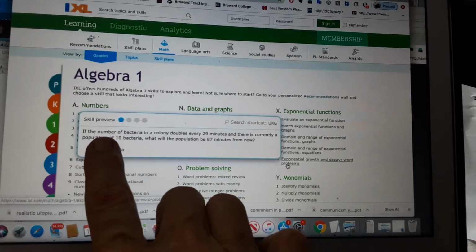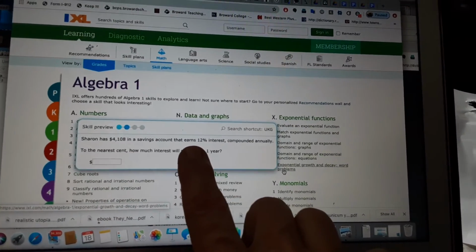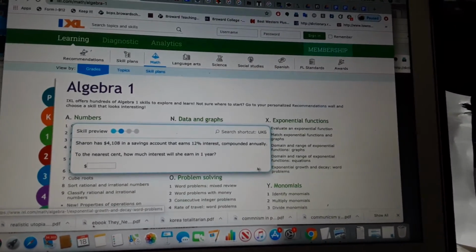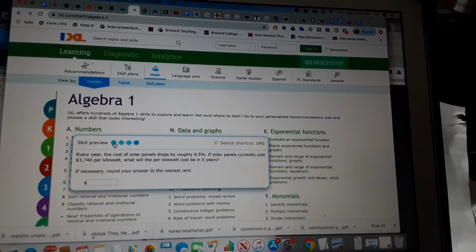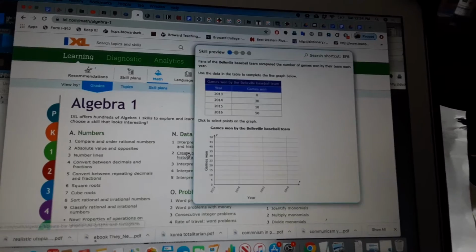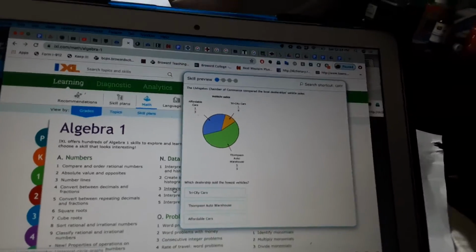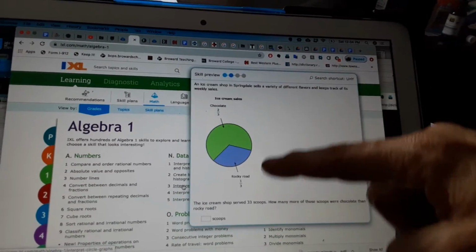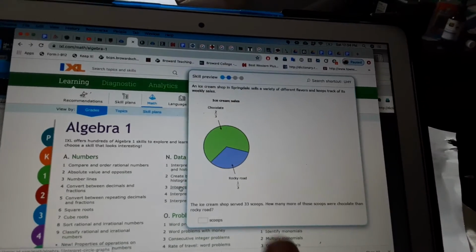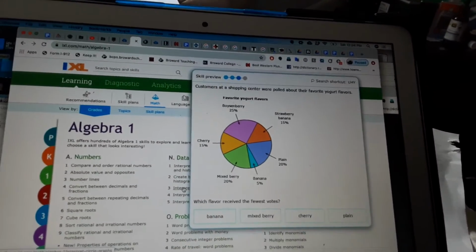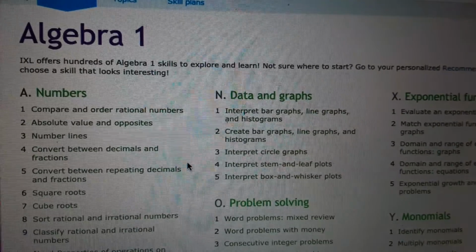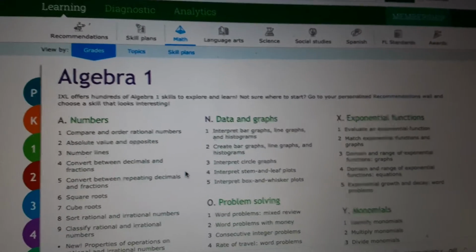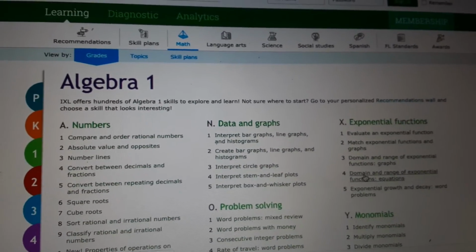I mean, if the number of bacteria in a colony doubles, right? So these are different skills. This is some different skill previews for interpreting. This would be for interpreting a circle graph. See how it says that? Interpreting a circle graph. So for each one of these, you can sort of look through and say, what's domain